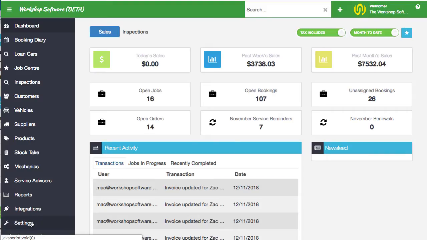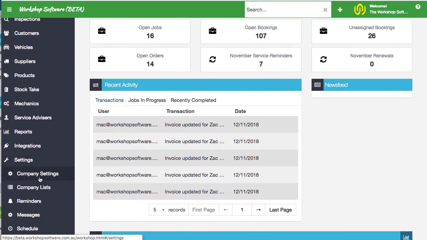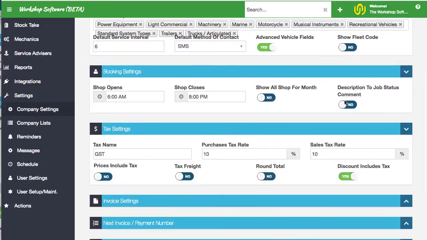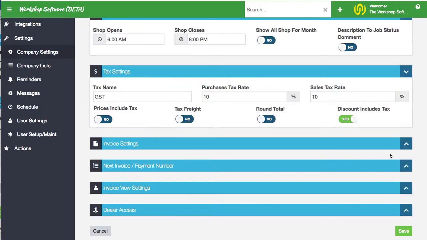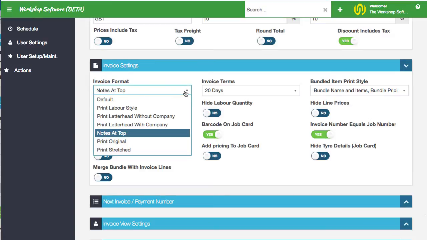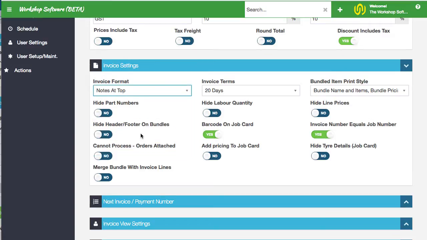So what I'm going to do is go under settings and into company settings. In the company settings here, you'll notice we've broken this down and made this page look a little bit better, easier to understand and formulate in their particular areas. But what I wanted to show you under invoice settings is this new invoice format. If you choose notes at top, it will print an invoice with the notes